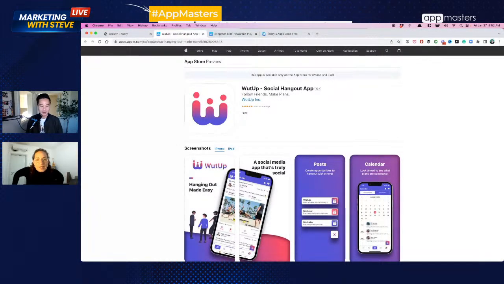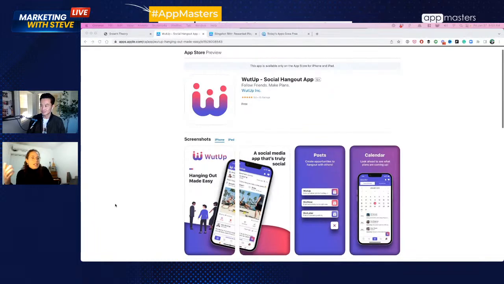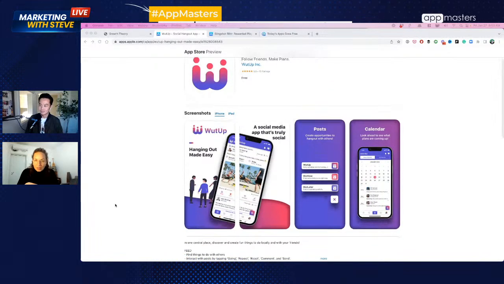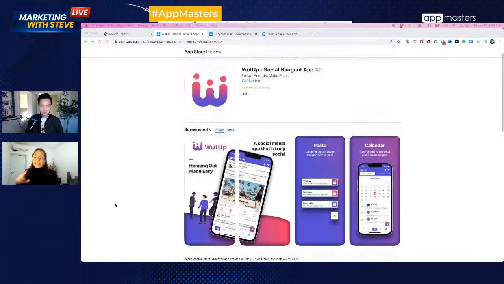Okay. So the first thing when it comes to marketing generally for social apps that are related to location is to pick a location, start there, and then move to the other ones. Let's say you want to start with New York. Do everything for New York before you move to any other city. Now, in terms of ASO, it's going to be related to the marketing strategy in general.